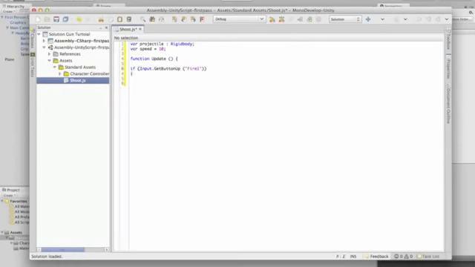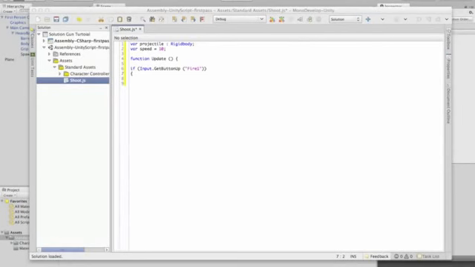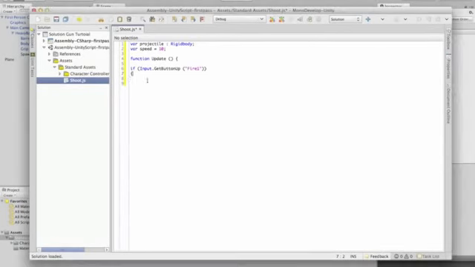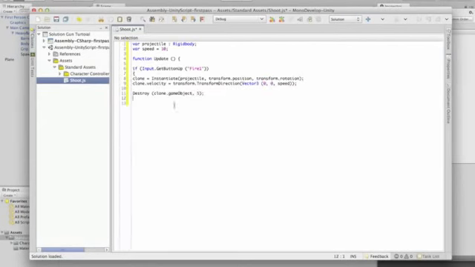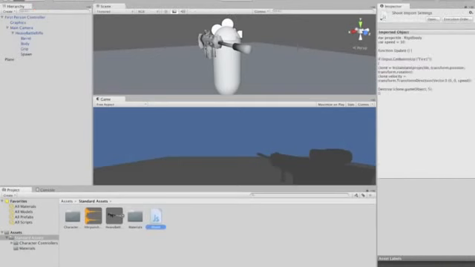So now I'm just going to paste in this line of code, which will put the behavior of the projectile in. Okay. Now, we've got to save it first, but when we play this, nothing's going to happen